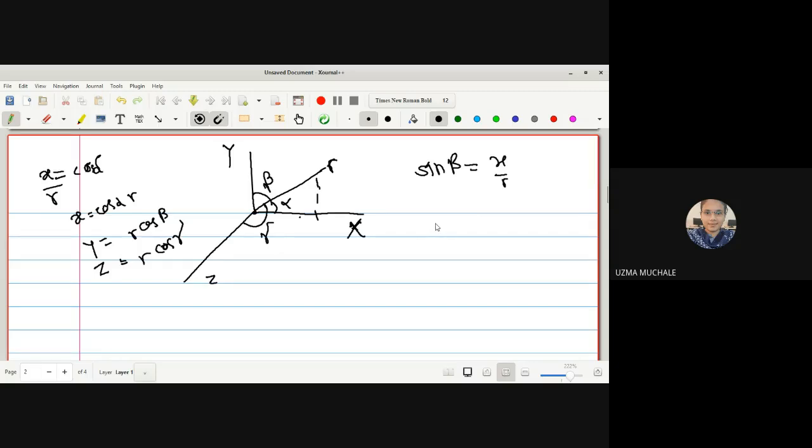No doubt with the help of this, I can find sine gamma is nothing but z upon r. And sine of alpha is y upon r. So it will not be having any sequence. For alpha, we are getting y. For beta, we get x. And for gamma, we get z. So in this way, with the help of cosine itself, we can find the x, y, z axis. No doubt we can find it with the help of any other also, but actually while defining direction cosines, they are using this one. Okay.